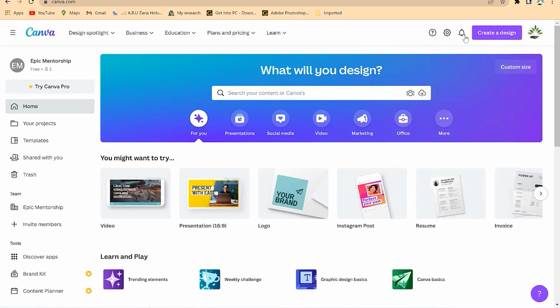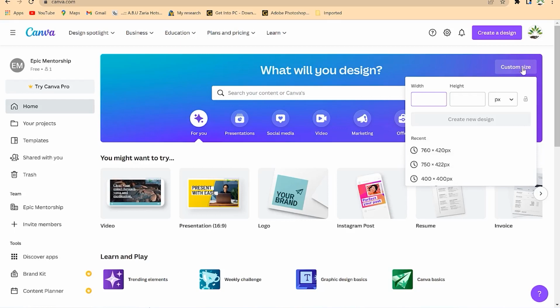This is the first way to create a design. Or you can create a custom design by just coming to custom design and clicking on it, and you have the option now to define the width and height of that particular design. Maybe you have a specific design with a width and a height. These are the recent ones that I have used. Once you specify the width and height,